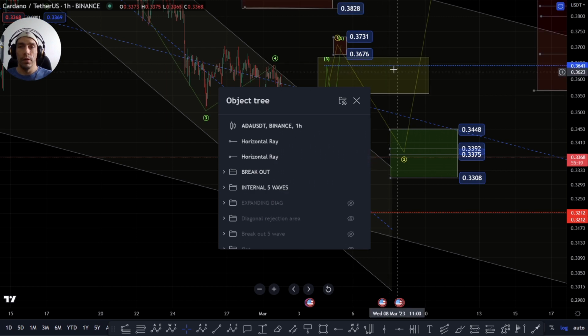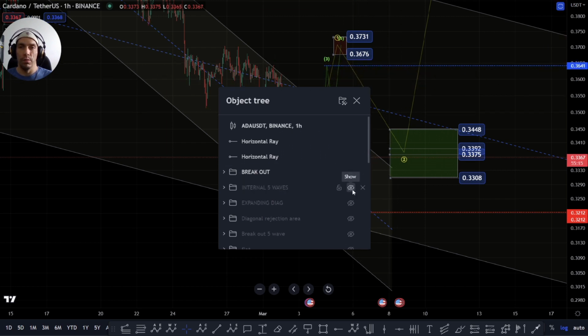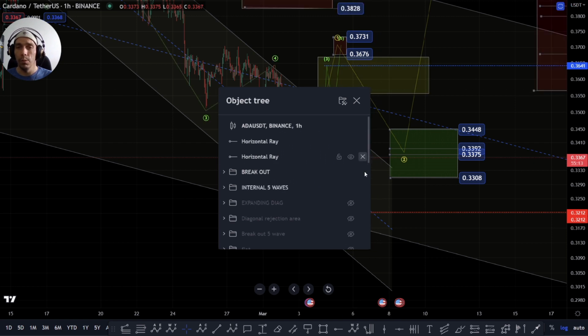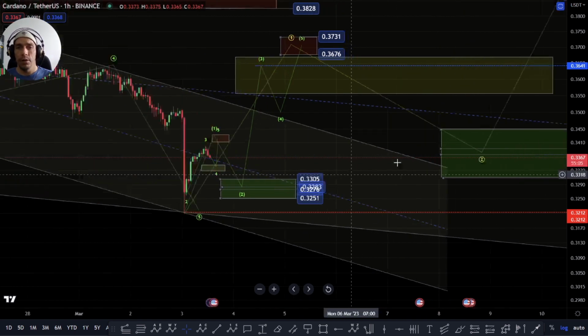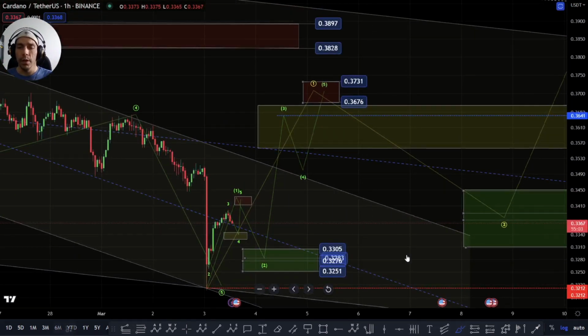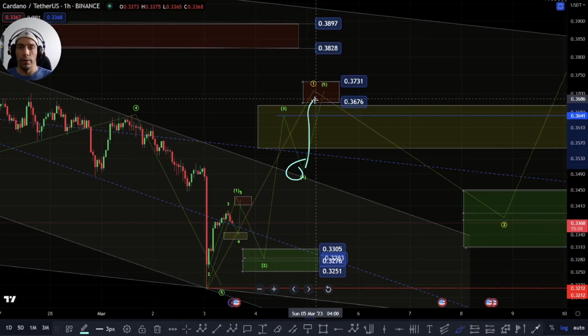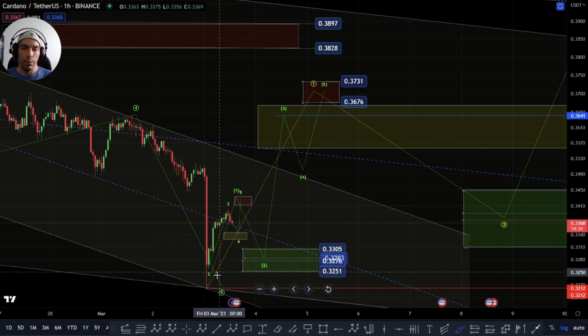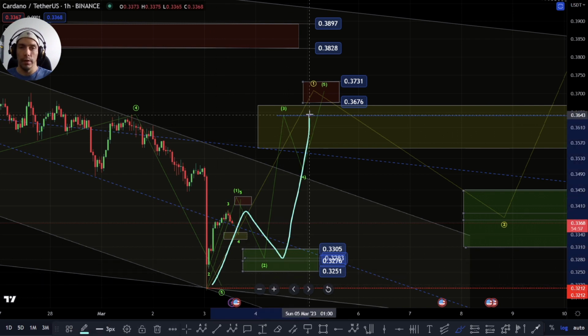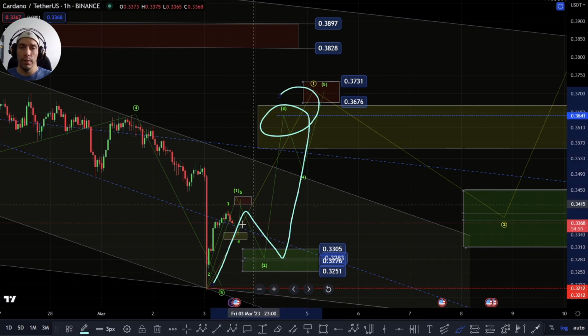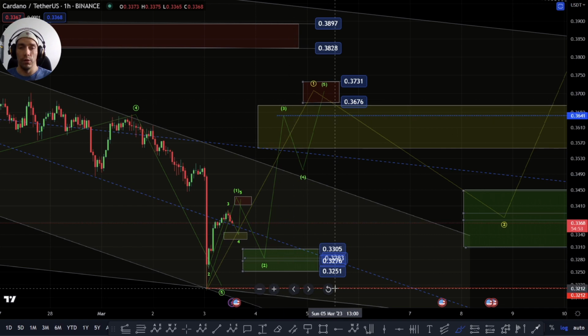So you see this yellow box. This is where it's going to be a bit tricky within this move. So if we do move up here into this zone, and that's what I'm saying, need to see that evidence of that fourth and that fifth wave, because if we don't form this fourth wave and this fifth wave up, and we just get a move up here like this as an A, B, and a C up into this zone, then effectively we could actually look to just continue to break down.